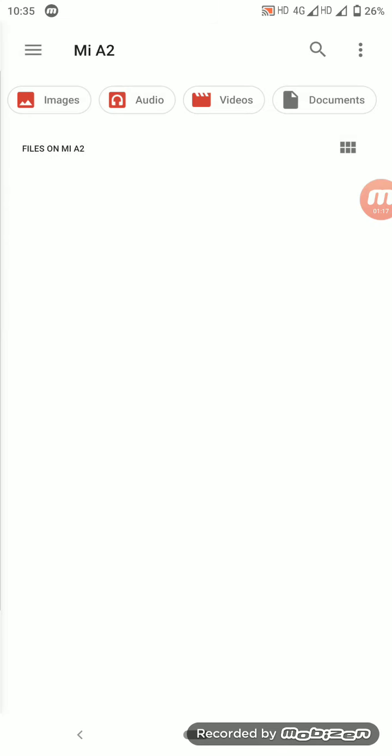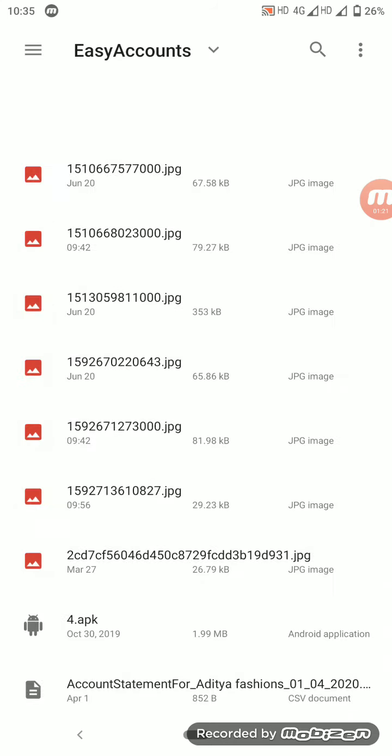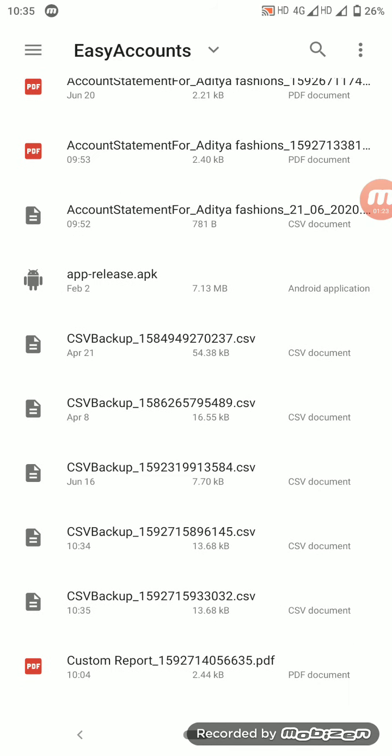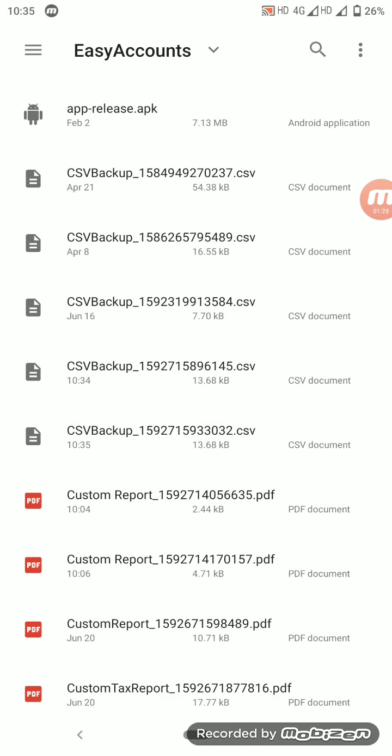will go through my file system. I will go to easy accounts folder where I have put the file, and I will choose any of these CSV backup file that I have just created. And after that, if I select these files,